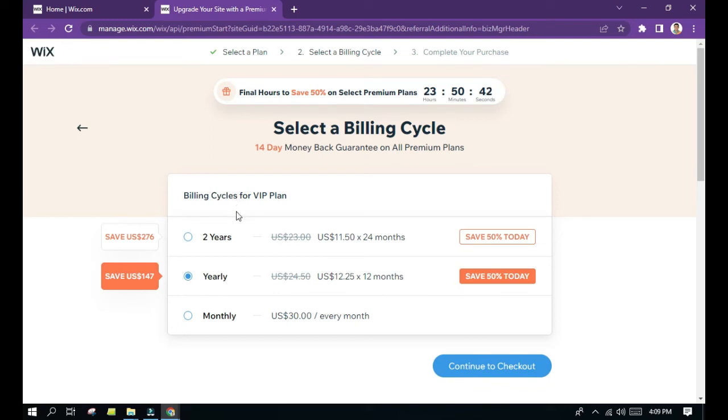Okay, so you can choose a monthly plan, yearly plan, or a 2-year plan. Okay, so if you are going to purchase a 2-year plan, you are going to save 50% of the total